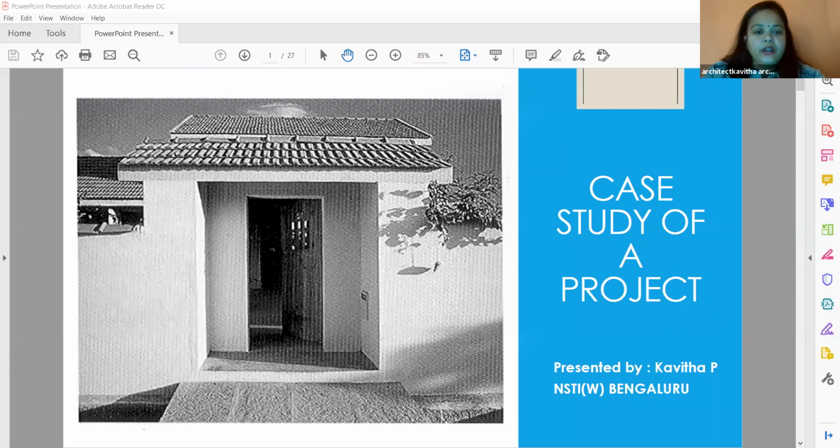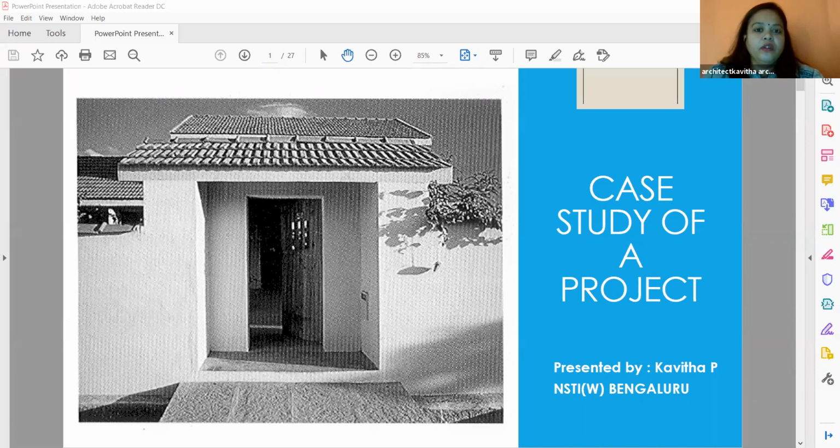When I say case study, for example, say I've given a project of a restaurant or a hospital. Maybe I can explain in detail all the rooms, all the spaces, all the requirements. And even when you're designing, you can Google a few and get some ideas. But practically, for you to understand better, you have to go visit a similar kind of project, get the data required, and then start the project.